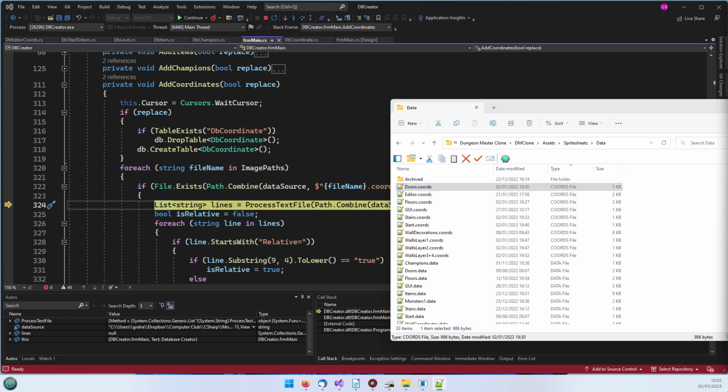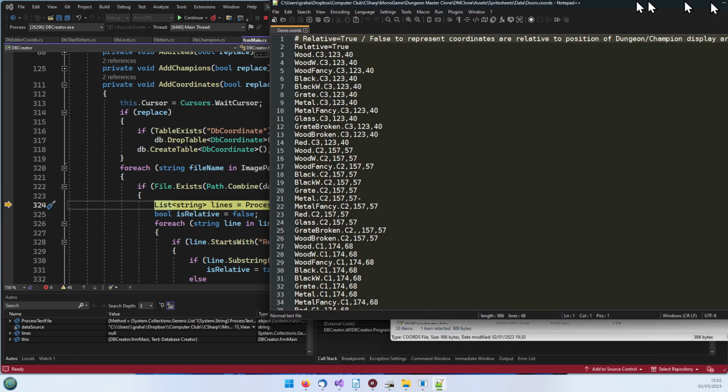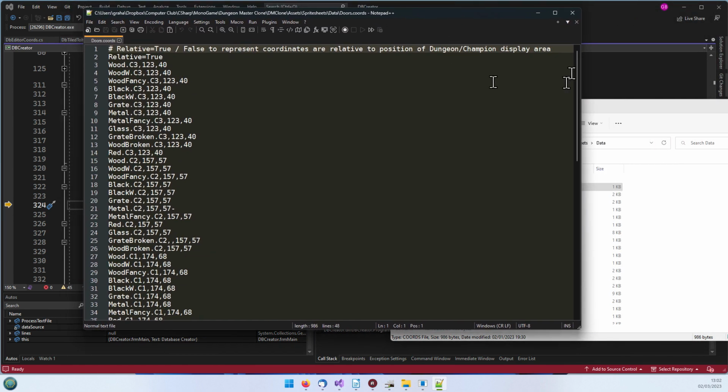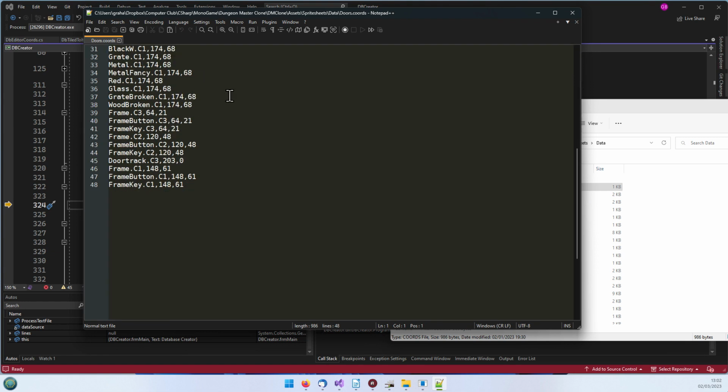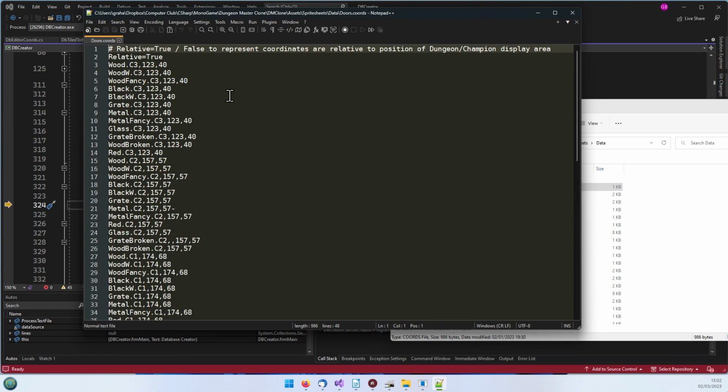Let's just drag my Notepad++ window away from the other screen. There we go. So this gives you the door coordinates. It's a relatively simple file. It's got a comment at the top, so that will have to be removed by that process text file. And then we've got some data in